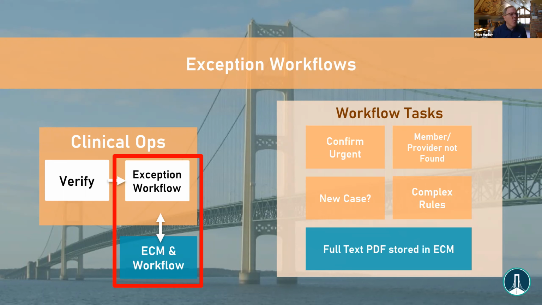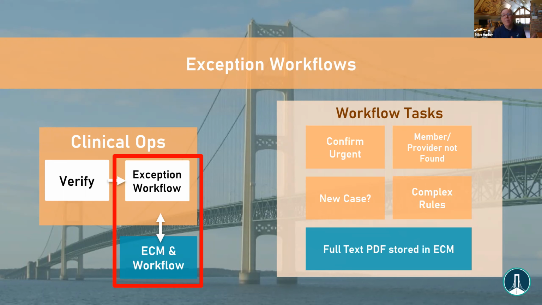Some of the things over on the right here, you might want to confirm if it's really urgent, like that situation where the checkbox was checked not urgent, but it was written urgent on there. Typically, customers will have rules around how to handle that. We want to just validate it before we send it on to a nurse. Key things like, did we get the member right? Did we get the provider right? Did we get some of these critical business rules right that were checked on the form? Is this a new case or an existing case? As in my case, that case went on for several months, and you'd want to add information to an existing case, but you need to make sure that it's not a new case as well.